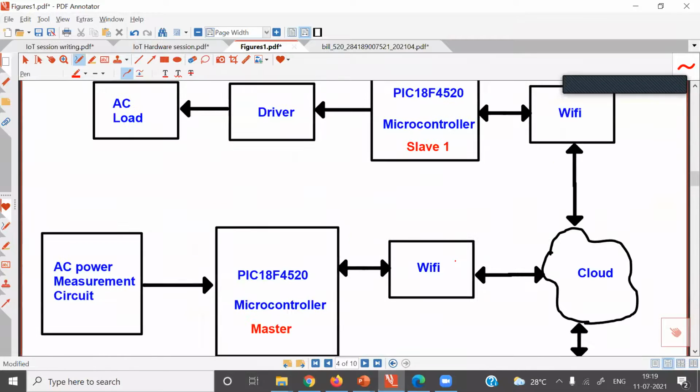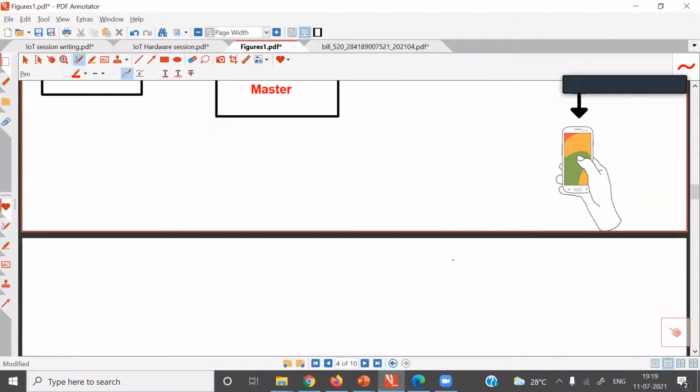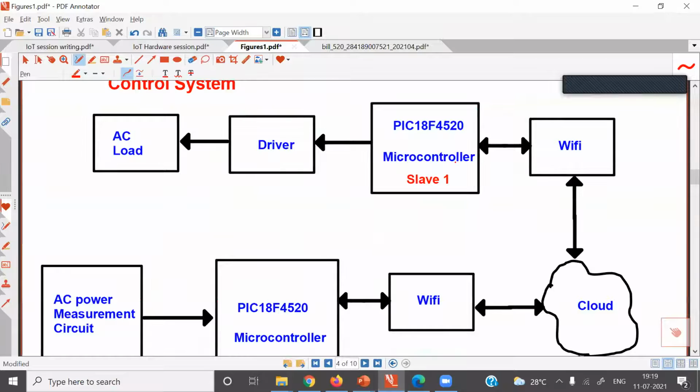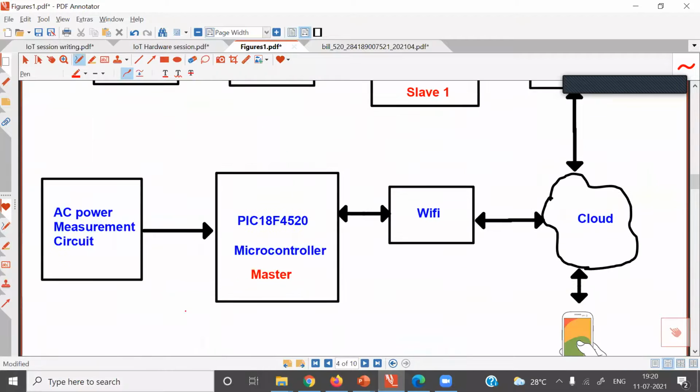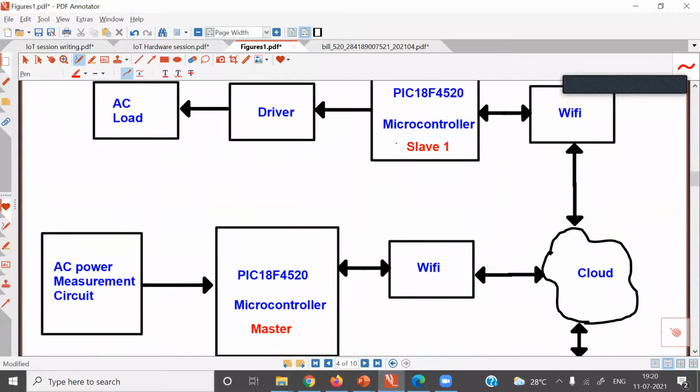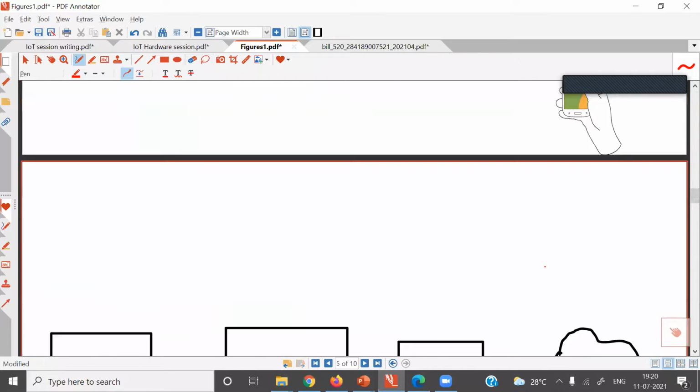So this demand charge control system I already explained. So you require a number of slave devices. I have shown only one slave device. In different laboratories, in different workshops, you can install one slave device each. And the slave device will continuously check the overall power consumption of the industry or organization through data placed on the cloud. The master will continuously measure overall power consumption, and that data will be placed on the cloud, and slave devices will continuously monitor data on the cloud. So it is a continuous process.